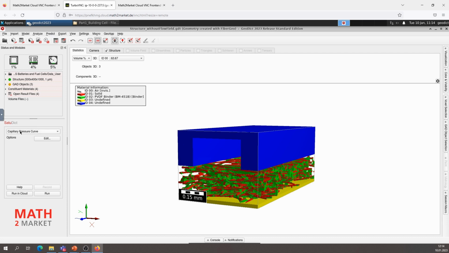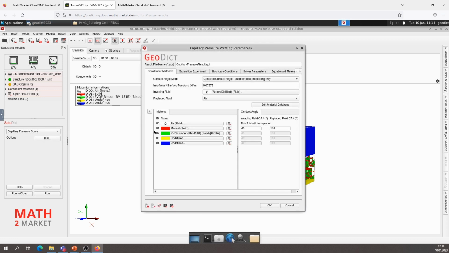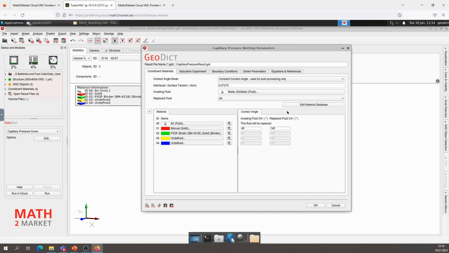From here, we now have a drop-down menu with different things that you can calculate. We take the capillary pressure curve and we click on Edit to define all the options. The GUI from GEODIC 2023 has changed, and I don't know if you knew GEODIC 2022 before, but now we don't have a wetting or a non-wetting phase.